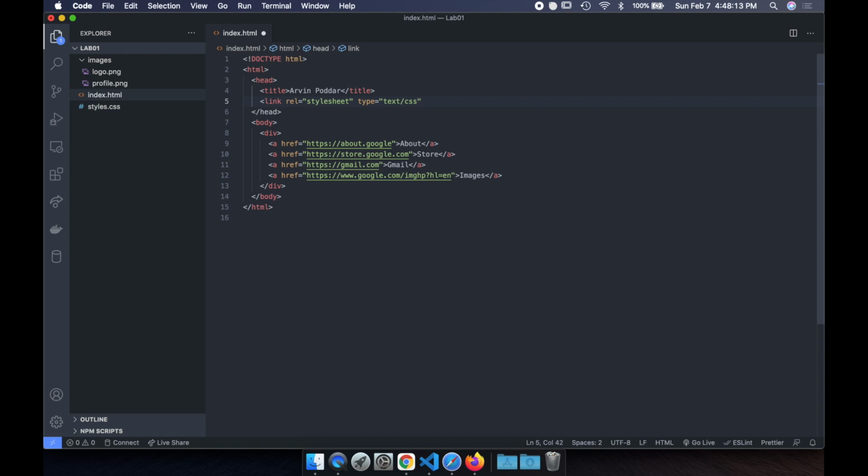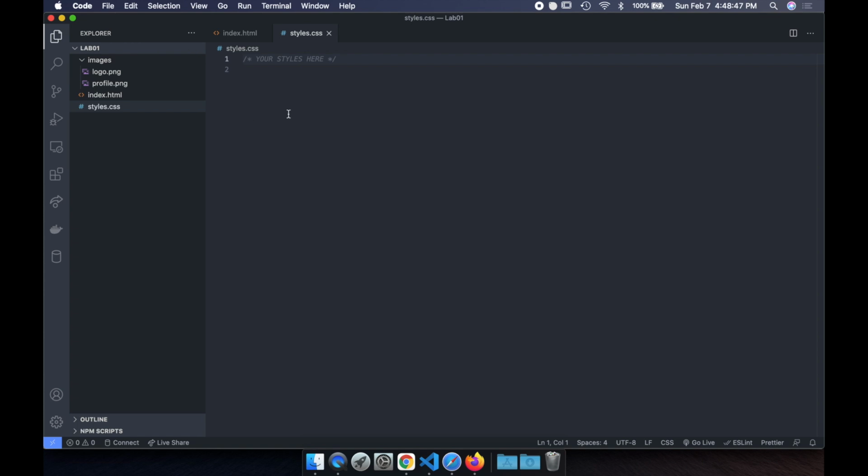And lastly, we need to specify where this file is actually located. So in this case, we just say href equals, and now we specify a path to our styles. And in this case, it's just in the same folder, so we say styles.css. Then we type in a slash, and it's a self-terminating tag, so we don't need a separate tag to close this link. Let's go ahead and save that. Now to actually test if this link worked, we need to add some styles and see if they show up. So let's open our styles.css file by double-clicking it,